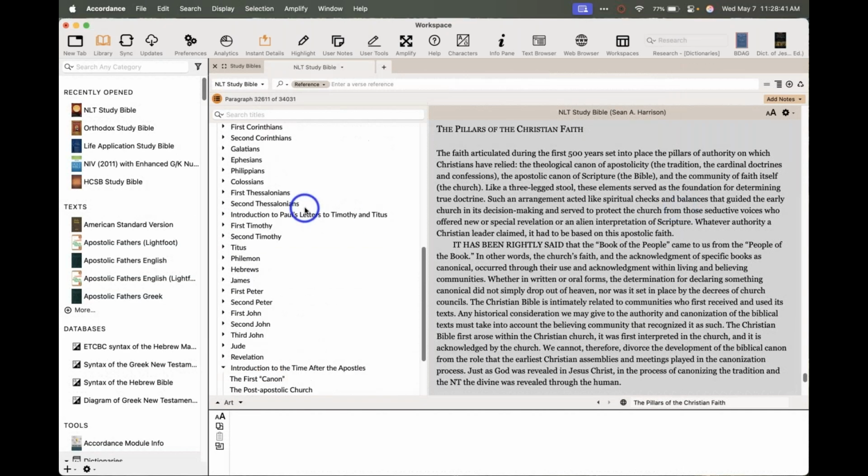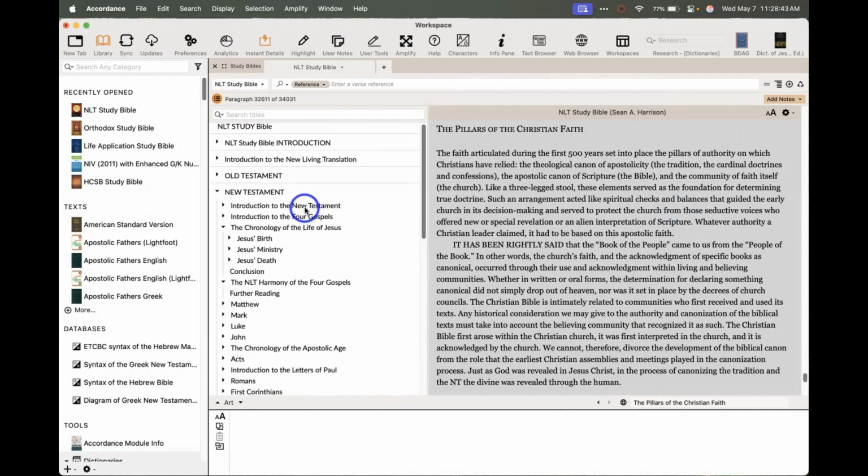So maybe, I mean, this is a lot to browse, admittedly. So maybe I come to this and I say, all right, I want to look at what this study Bible says about the process of canonization. That is the process of coming up with the biblical canon. What books are we going to call Bible and what books are we not going to call Bible? So I can browse for that, of course, but I can also go to my search entry area